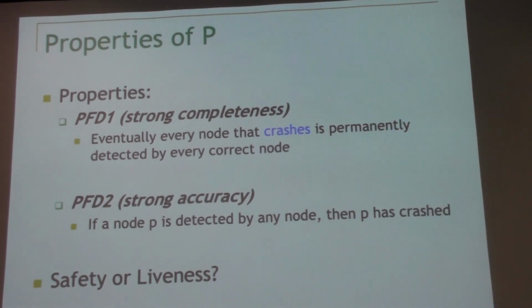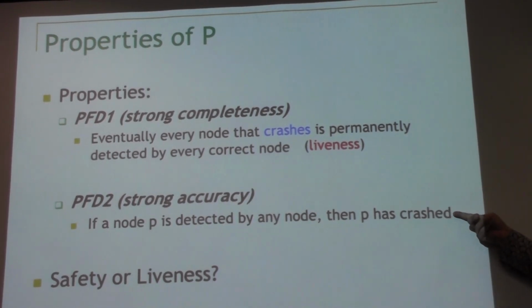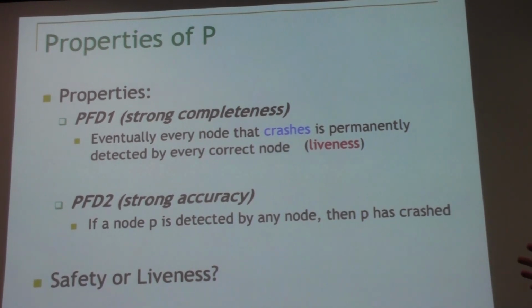Liveness. Okay. Why is it liveness? Eventually, usually, is often with liveness. Yeah, eventually something good happens. So it's liveness. That's acceptable. So probably the other one will be safety, because you need both. But it is easy to see that it's safety. How can you break the system? With safety, you can break the system. How can you break it? Detect a node that didn't crash. Exactly. You detect a node and it actually has not crashed. That's a mistake, and the system is broken if you do that. So that's the safety.